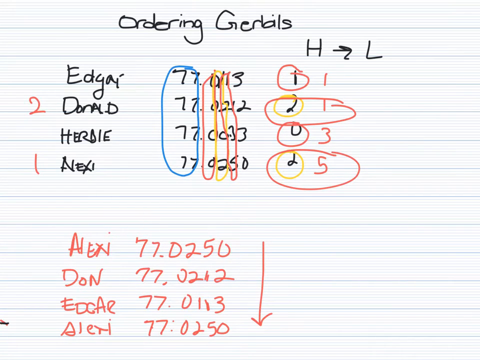Okay, so now I have put down here, it sort of clicked off, so I'm not sure, but if you look at what I wrote down here, Alexi had 77.0250. Donald was next heaviest with 77.212. Edgar was next at 77.013. Alexi was 77.025. So what you're doing is just continuing to compare